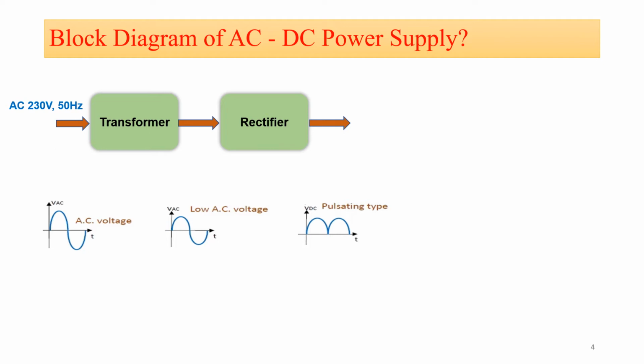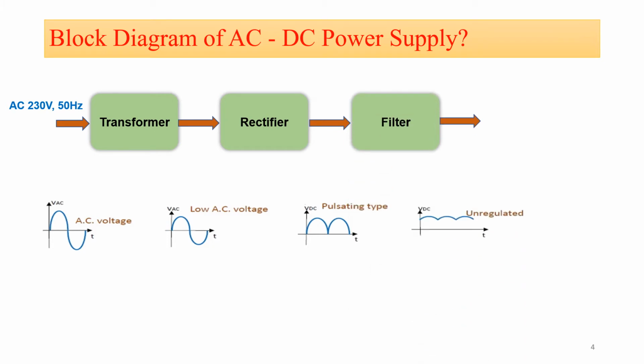As we know the working of our bridge rectifier, for the first positive half cycle, two diodes will be in forward bias condition, and the remaining two diodes are in reverse bias condition. So at the output we are getting the positive half cycle. Similarly, for the next negative half cycle, the diodes which were in off state will be in on state, and the diodes which were in on state will be in off state. In this way, for the next negative half cycle also we will get the positive half cycle. In this way we are getting some rectified output at the output of our rectifier.